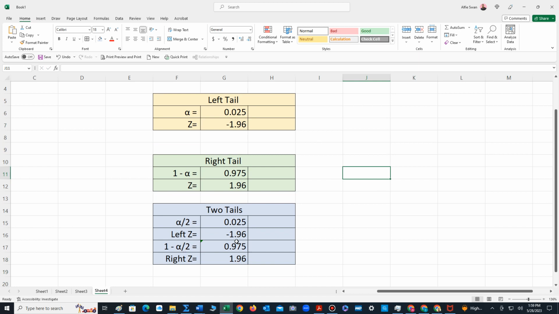And so that's our process for finding the critical